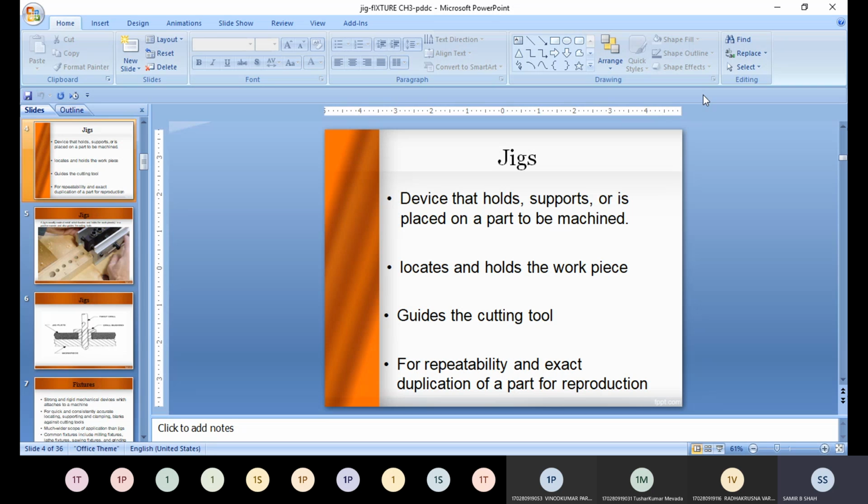Next, you know what a jig is, but I want to refer to it once again. A device that holds, supports or places a part to be machined is called a jig. The basic difference between jig and fixture is that it may locate and hold the workpiece.